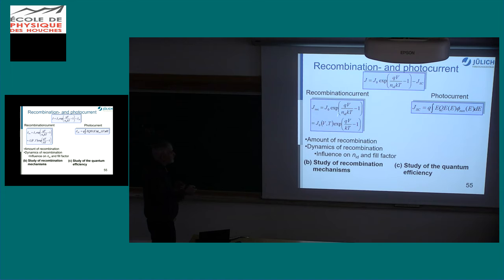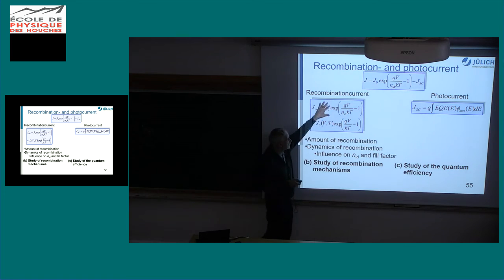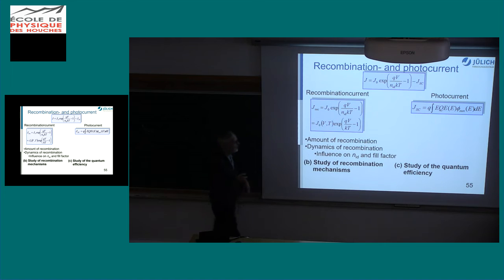So that has diode form with an ideality factor. If you like, you can also interpret this ideality factor as a voltage dependent J naught, but that's not important for the moment. So that's the recombination current,